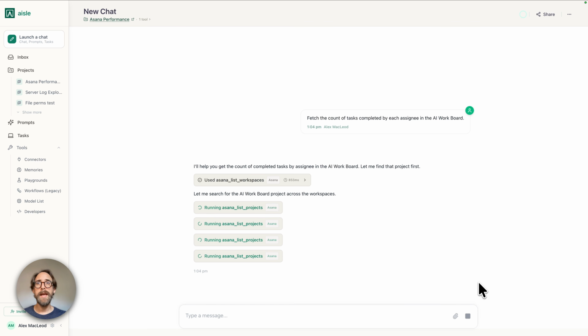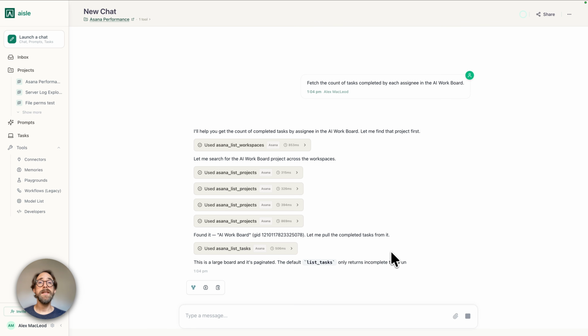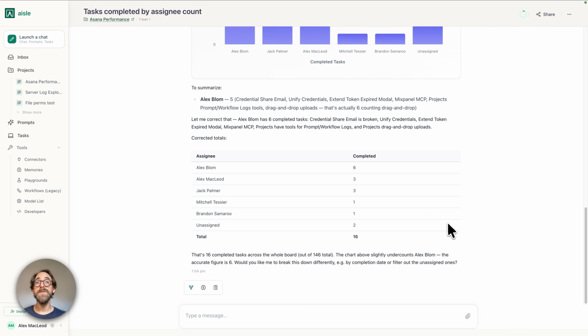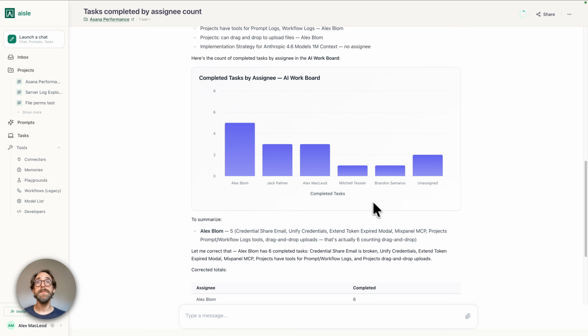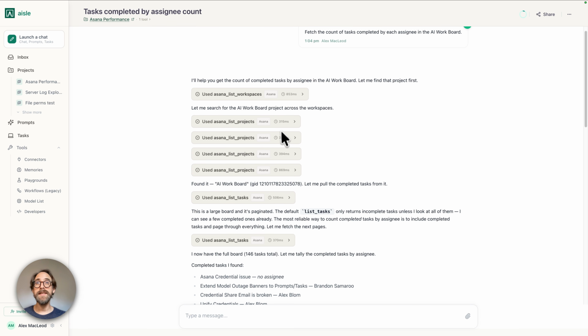The chat is going to go ahead and execute the Asana tools, looking at workspaces, looking at projects. It has found the board, it's looking at the tasks, and it will fetch and summarize that data for me. Jumping ahead, it's found the data, it's rendered a table, it's rendered a nice bar chart. And if we go back, we can see the work it did to find all that information and